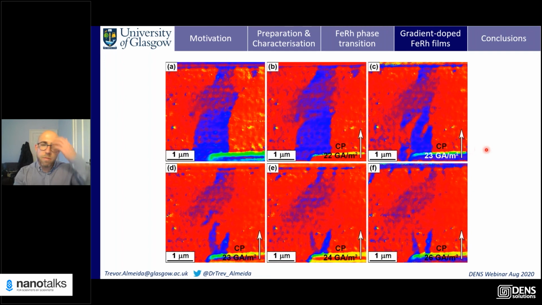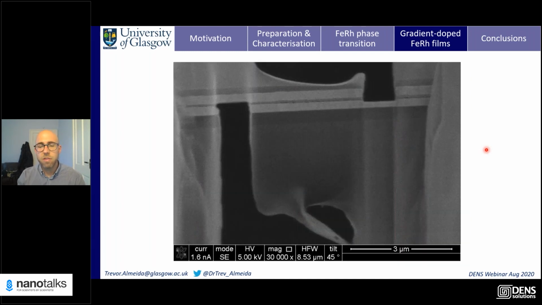Okay, so we've been able to show that we can have imaging of the samples in cross-section, and then we can also show that we can image the samples with a doping gradient as well to try and control the position of the phase boundary. And then we can also show how we can inject current pulses to try and move the domain walls in a ferromagnetic state. So the final challenge essentially is what we want to do, and what I'm currently working on now,